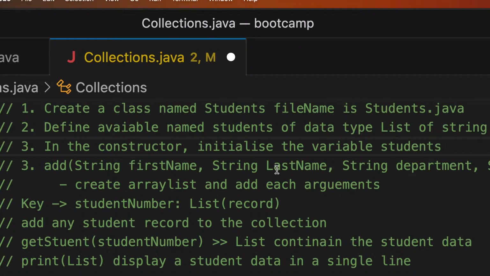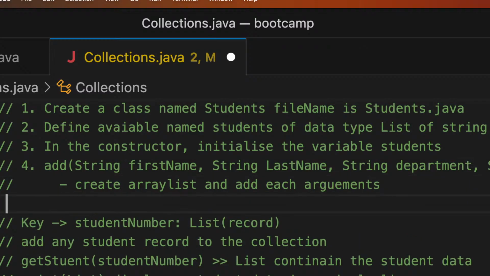Okay, so after that, 4, create a method add, and this method should have this argument, and in those arguments create an array list, add that, then